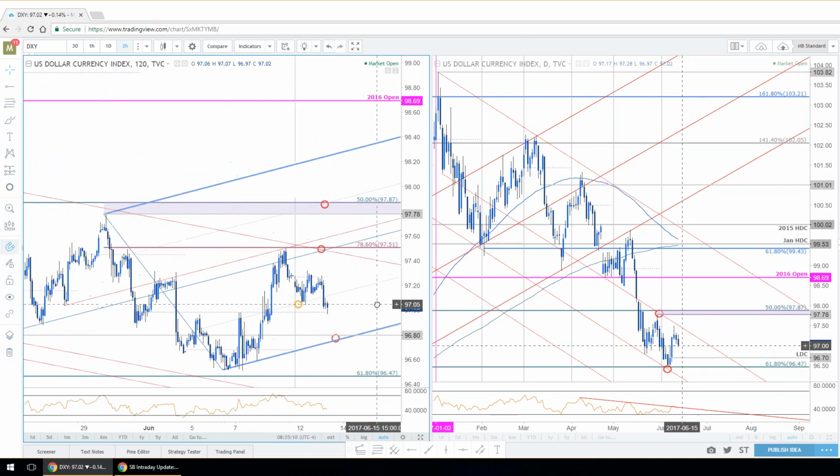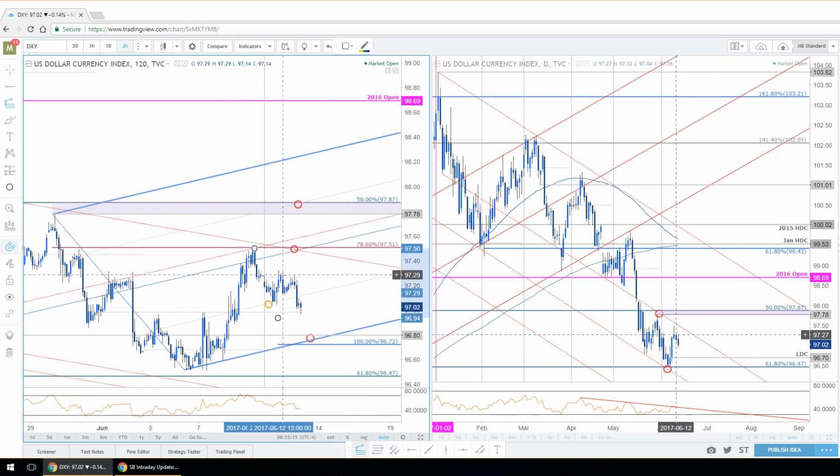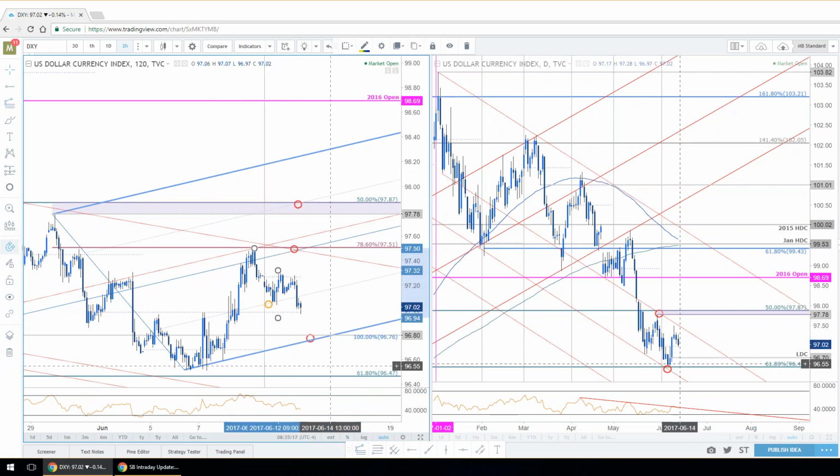All right. One other thing is I don't want to get really aggressive on short dollar just yet. I was looking at this morning. The 100% extension comes right in line with that region. So if we were to get a drop on that, and especially if we hold this into FOMC and you get like a whipsaw, an area you'd want to really focus on. If this gives out,